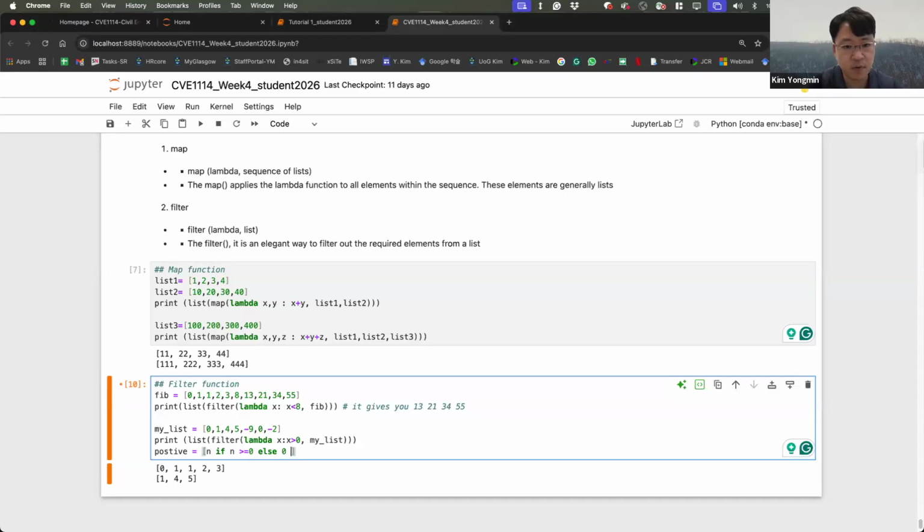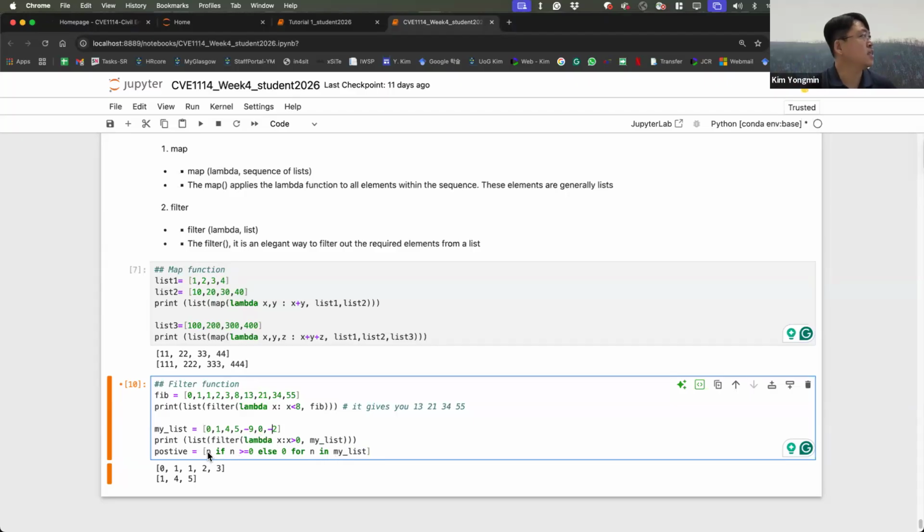And then for this n in my list, it means this n step by step reads off my list. Read 0 first, then 1, read 4, read 5, read -9, read 0, read -2.